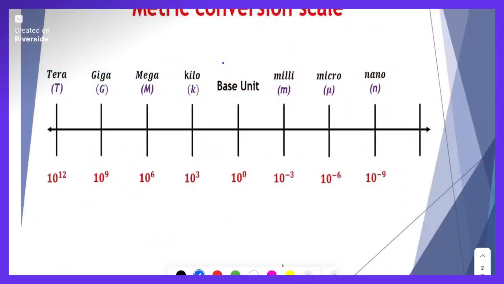Now let's look at dimensional analysis in more of a chemistry point of view. So some units that are very important in chemistry are the metric units. This scale shows us the conversions between different metric units. To read the scale, let's make our base unit grams. And 10 to the 0 is also just equal to 1. So what this scale tells us is that if we have 1 gram